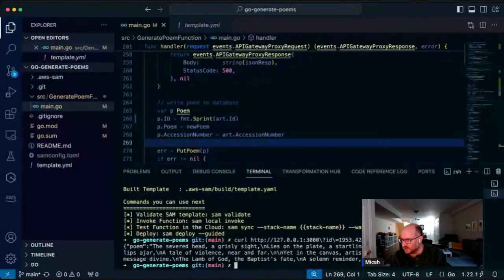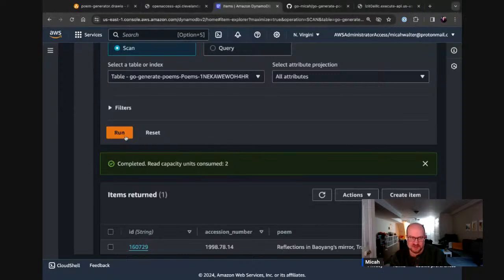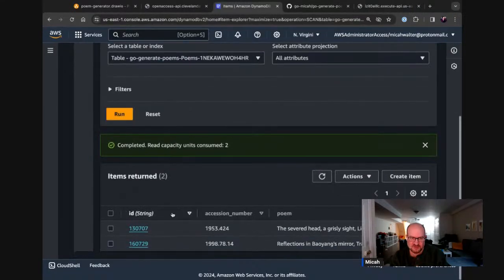Oh, I did the wrong one. Okay, there you are. So let's take a look at our database now. Okay, it worked. Look at that. So now we have 2 records, 2 poems, 2 IDs, 2 accession numbers. I think we're doing well here now.